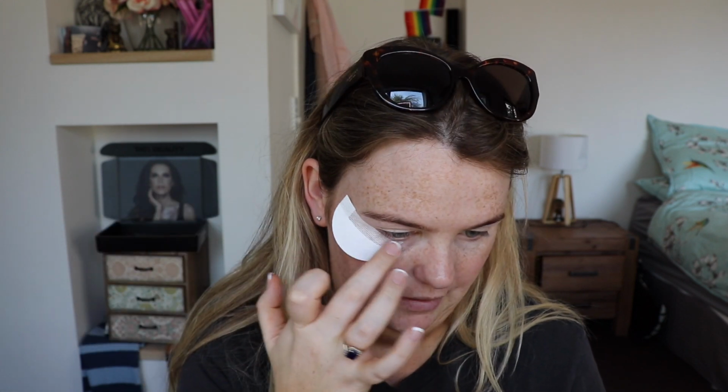I could take that extra tab out if I wanted to, but I feel like that's fairly secure. So we'll just quickly do the other side. Okay, so once we've got the shadow shields down, looking fairly even, it's time to, of course, get straight into